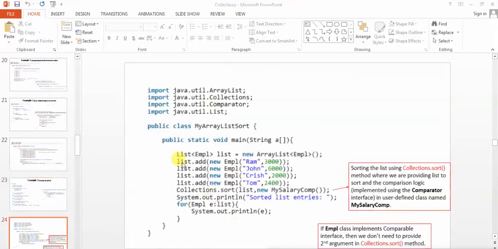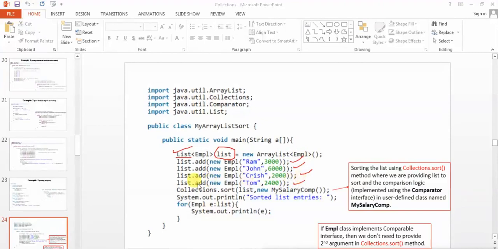Now see the main function, how you will use it. ArrayList of Empl, list is equal to new ArrayList. You can use List also, that's the parent reference variable. So with list.add, I'm adding one employee object, a second employee object, a third, and a fourth employee object.